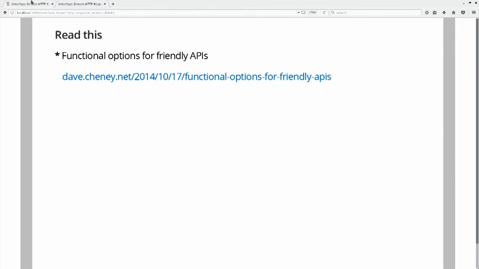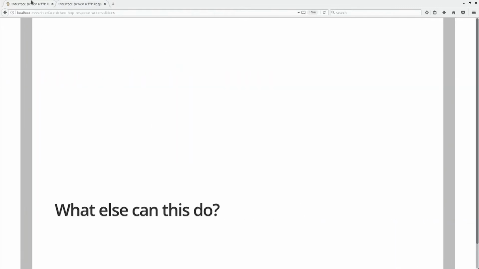So, okay, this will look really familiar to a lot of you if you've read this article or watched the talk by Dave Cheney, which is amazing, and I recommend it to literally everyone in this room and anyone watching. So if you've done that before, this shouldn't be too surprising, but I haven't seen many people doing this with HTTP responses. Usually it's for setting something up, for setting options, but